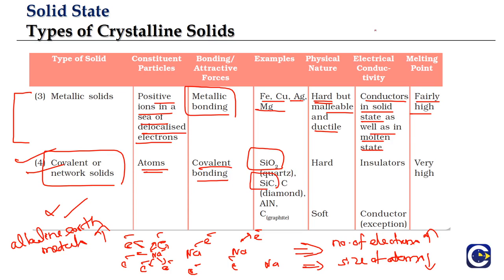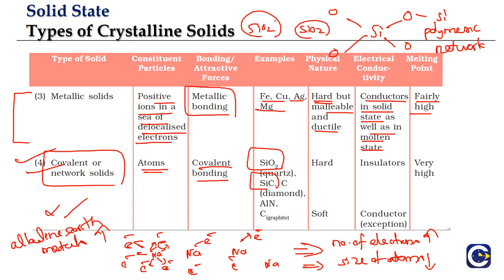Like if you look at SiO2 solid structure, each silicon will be bonded to 4 oxygens in a polymeric network. So this is the SiO2 structure, and each oxygen will be bonded to 2 silicon because each oxygen valency is only 2. So it is not like we have SiO2 molecules separately and then we are talking about the interactions between them. We have the entire solid to be one single polymer. Similarly, silicon carbide also. Similarly, diamond will have what? Tetrahedral arrangement. Diamond will be having tetrahedral arrangement of the carbon atoms.